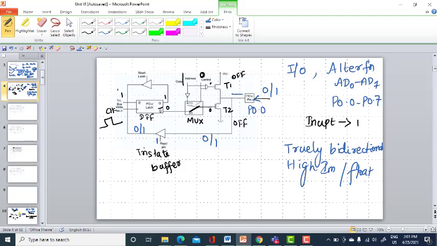This data 0 or 1 available here will be placed in the D flip-flop. Whatever data is being read now is available in the D flip-flop, and that can be read by the 8051 microcontroller via this read latch. When I give this read latch as 1, this can be read by the 8051. Okay, this is the input function of your 8051. This is the input function of your port P0 of 8051.